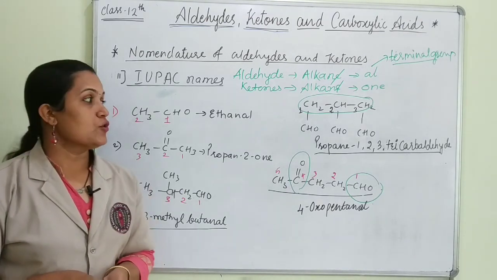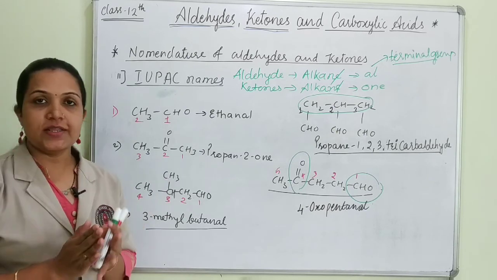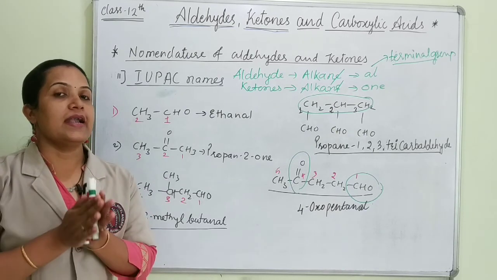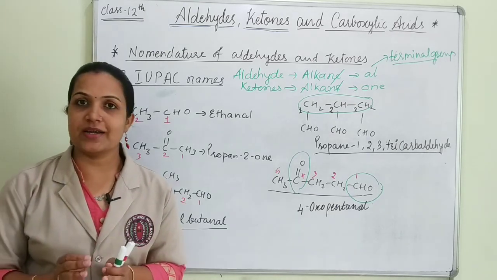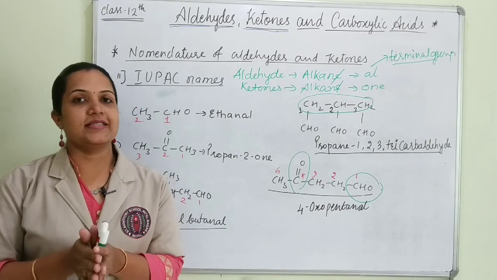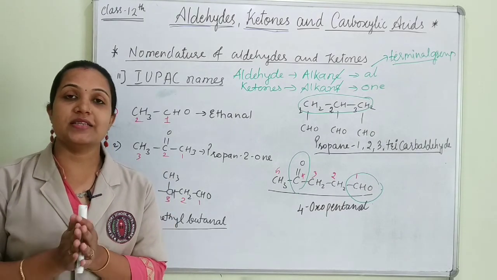So students, see, nomenclature part in the board examination, every time 1 or 2 marks nomenclature questions can be there. So you need to practice all these questions from NCERT, and after understanding the complete concept, just read it from NCERT and try to solve the NCERT back exercise questions as well as in-text questions.